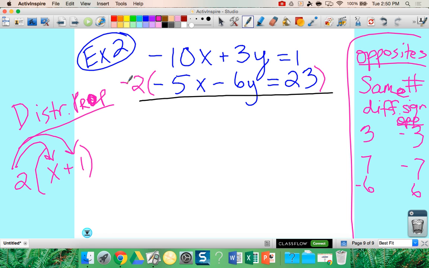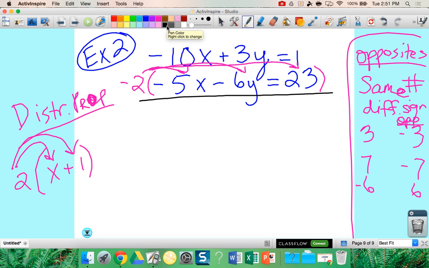because Anna chose to eliminate the x terms. So the top x term is negative 10x. If we want to eliminate that, that means the bottom x term has to be positive 10x. Okay? So you distribute that negative 2 to the entire equation, even over the equal sign. Okay, I know it looks kind of funny, but